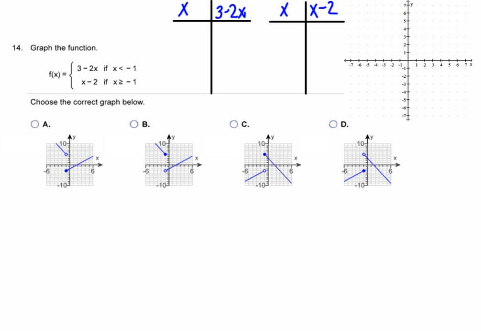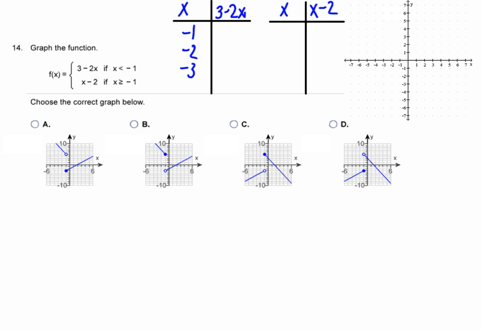So let's take it in parts, and we will look at the function 3 minus 2x. So what is less than a negative 1? We have a negative 2, a negative 3, but let's use a negative 1 and use an open circle in the graph, which means that the answer can go very close to a negative 1, but it will never be a negative 1. So for these x values, a negative 1, 3 minus 2 times a negative 1 would be